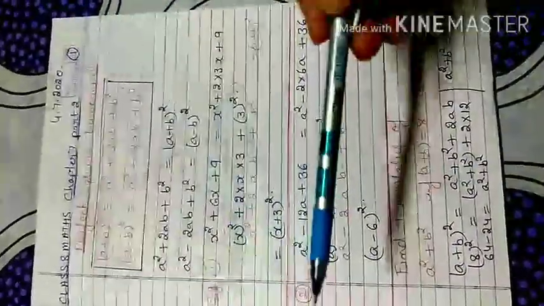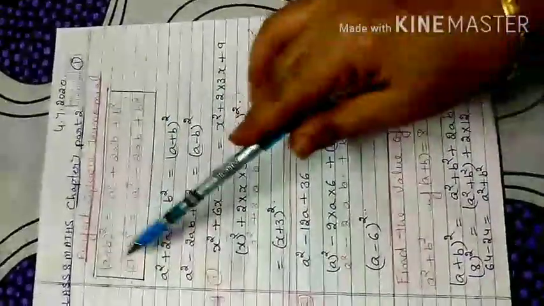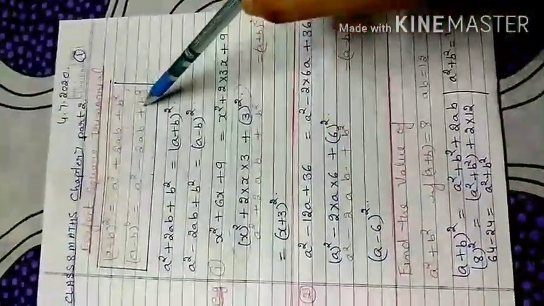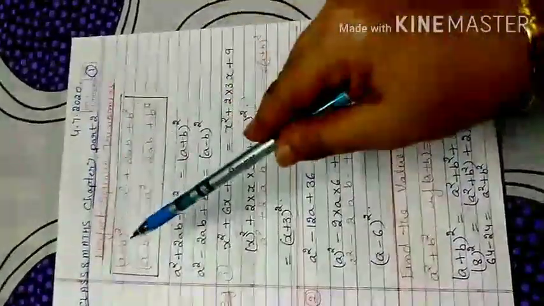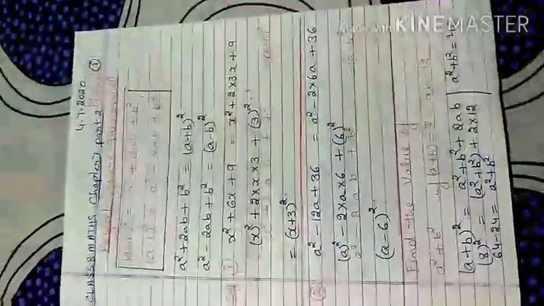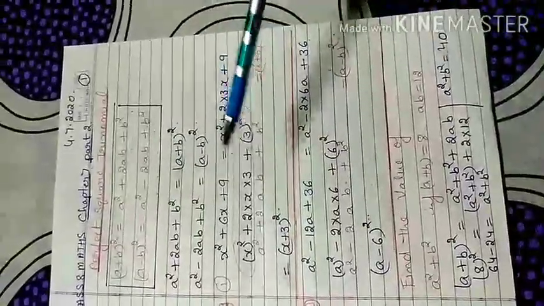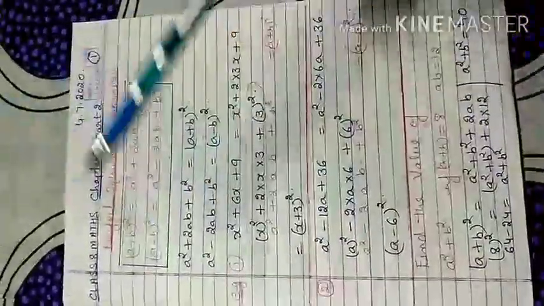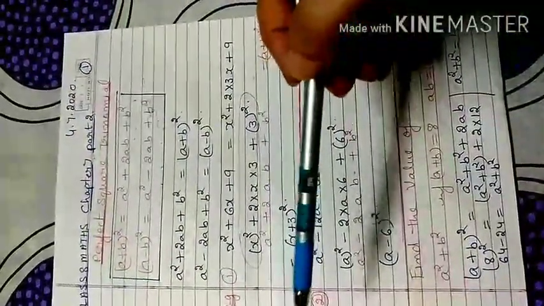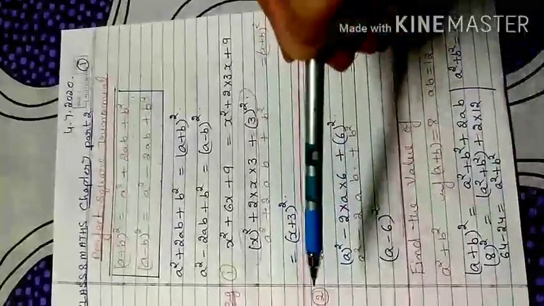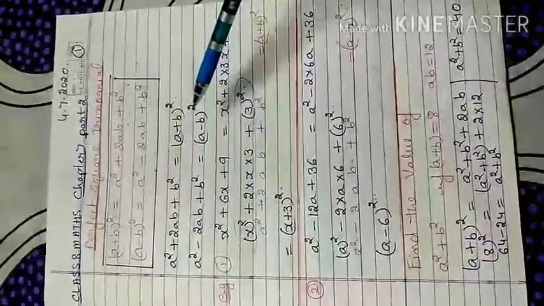Now in the first and second questions of exercise 7.2, the question is given in this form and you directly apply the right side. But what happens if the right side is given and you have to convert it into the left side? Now you have to move in the opposite direction. Today we will use the two identities we already did, (a plus b) whole square and (a minus b) whole square. In the last class we found the right hand side. Now that the right hand side is given, we convert it into the left hand side, opposite to that.